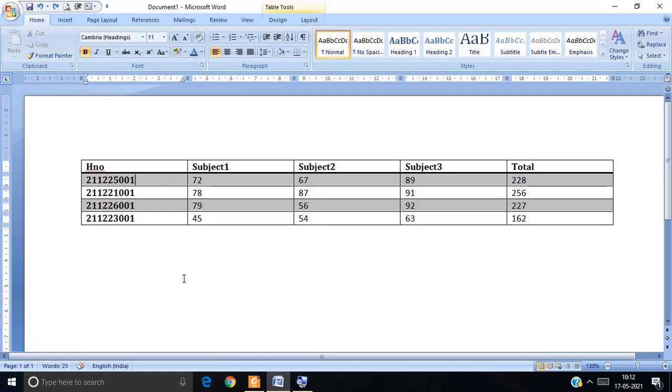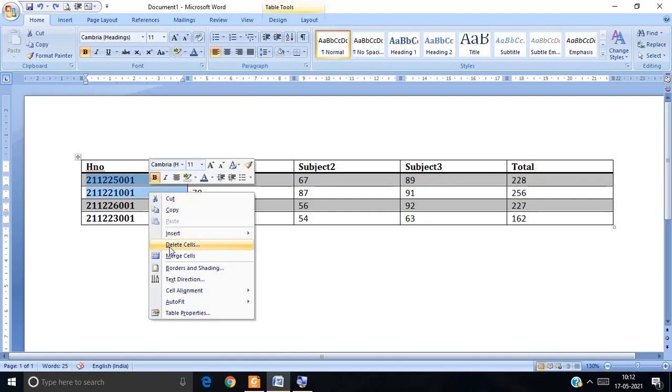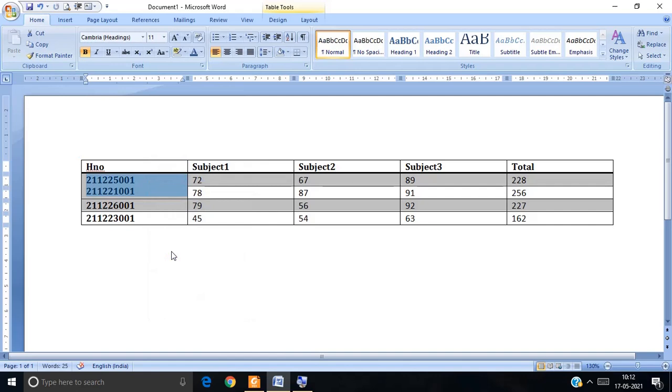And if you want to merge two or more cells, for example, we are going to give the data here. I am going to merge only these two cells. Okay, I merged them here. So these two people have these two subject marks at different levels.